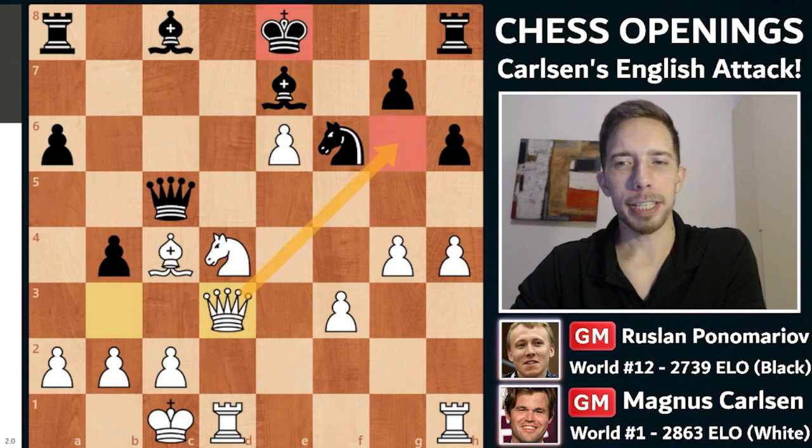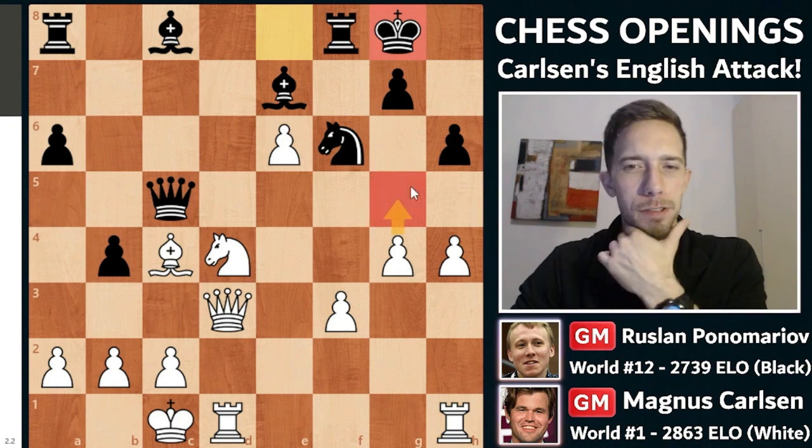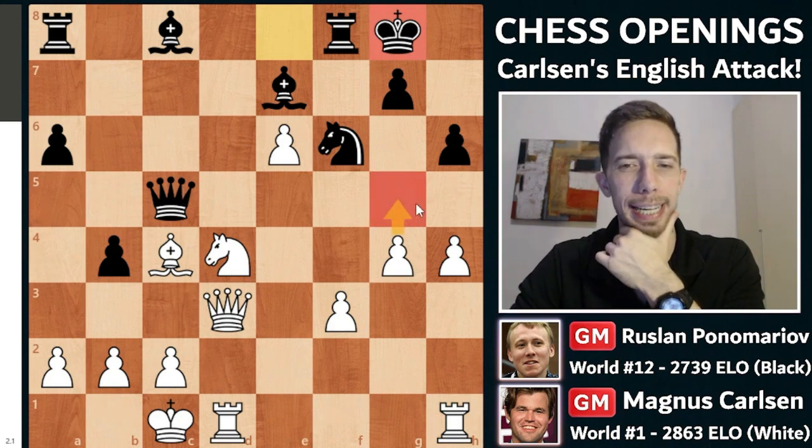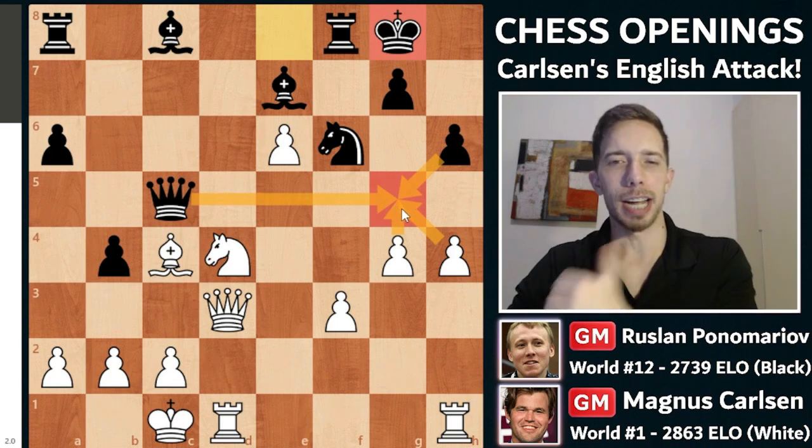And here black finally gets his king over to the king side, he short castles. Now, this was a good idea. However, the king is quite vulnerable there. Here, Magnus, once again, has the very easy idea of g5, sacrificing a pawn. The queen can technically win it back after h takes g5, h takes, then queen takes. However, this would open up the h-file for the rooks, and overall, this would be just a devastating idea for